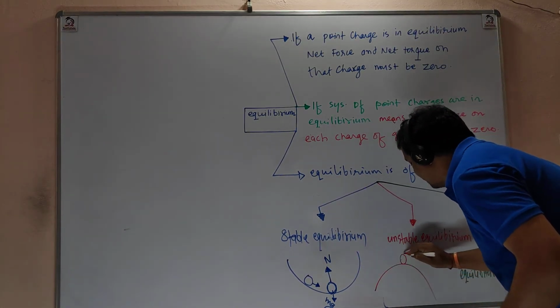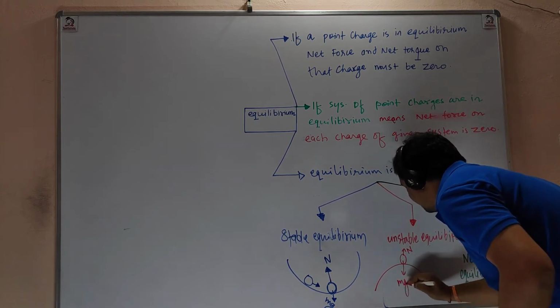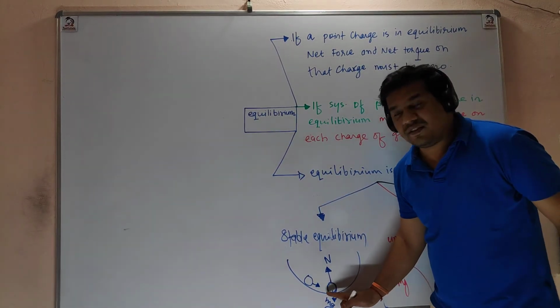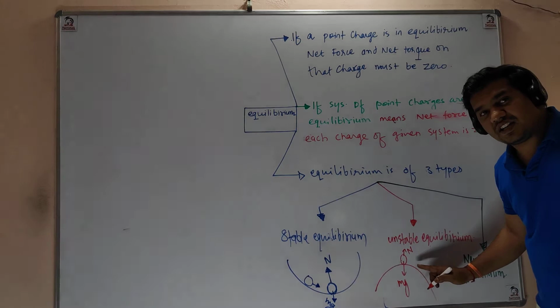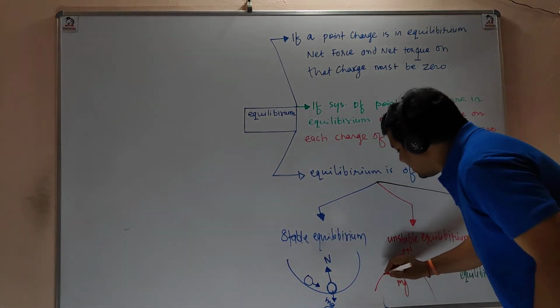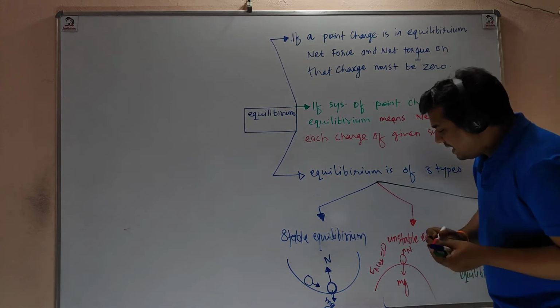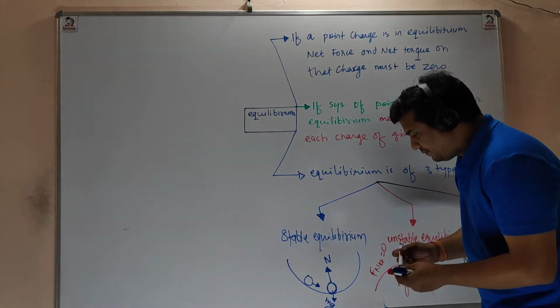To check whether it is stable or unstable equilibrium, you need to just displace the particle from its original position. Now if you displace this sphere, it will never come back. But when you displace this sphere, it will come back. Means this is in stable equilibrium and this is in unstable equilibrium. However, net force in both is zero. Net force here 0, and F net here also 0.